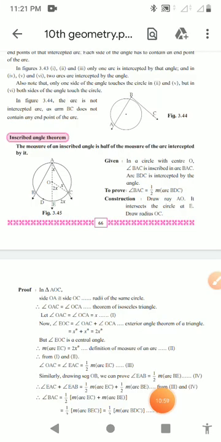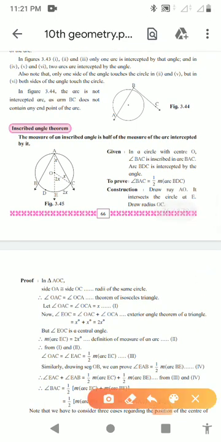Now we will see the inscribed angle theorem. This is the most important theorem. We need to use this theorem while solving many problems in the next practice set. Basically, for theorems, either they will ask in your examination that you have to prove the theorem, or we can use the output of that theorem in a problem in order to solve it in an easy way.